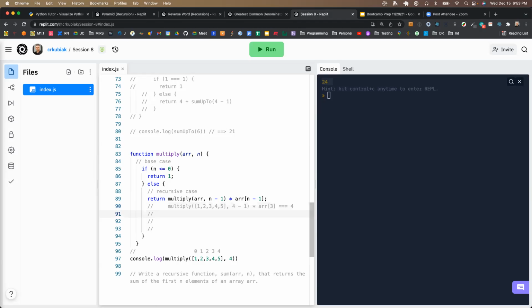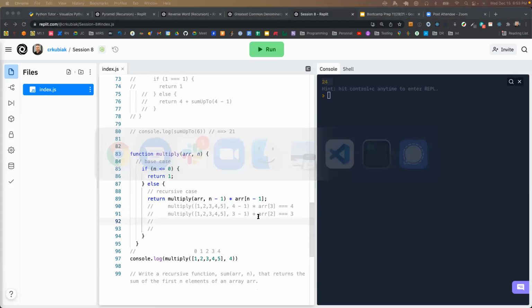And so then the second time that I call it, I'm passing in the exact same array again, but this time it's going to be 3 minus 1. And I'm going to look at r[2], which is 3, right? And then I'm going to come in,